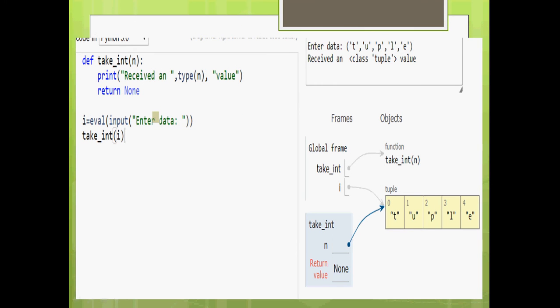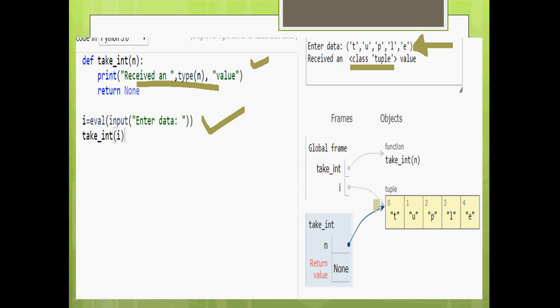Now here we are passing similarly. There's no difference at all, but when the user enters, he enters only a tuple here. So that is a tuple program. That makes it a tuple receiving program. No other change in the function, or in the main part. They are the same. The thing is, the user enters starting with the parenthesis, a tuple. Characters are given inside the tuple as values, and inside the function it is printing the type of that value received by the function. The type is tuple. It is identified as a tuple. You can see that here.